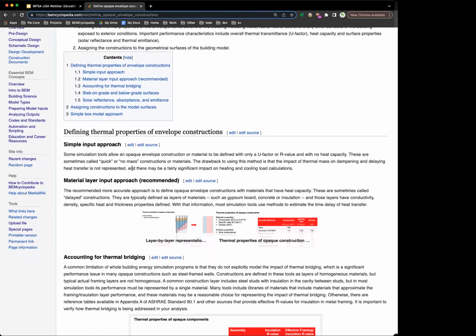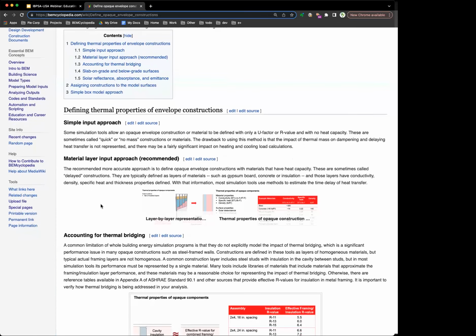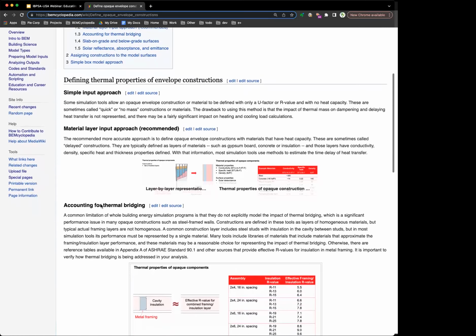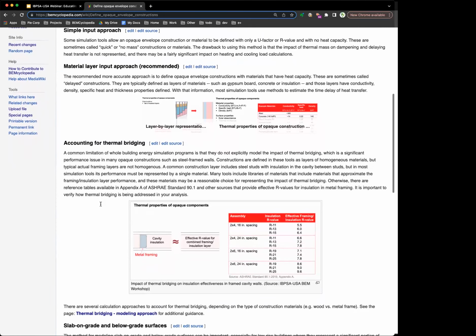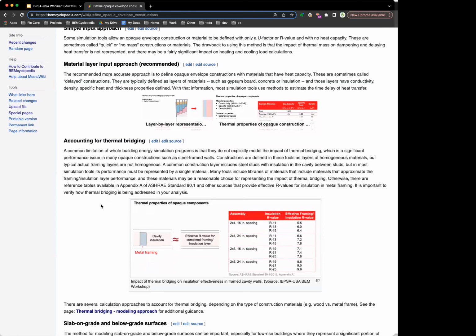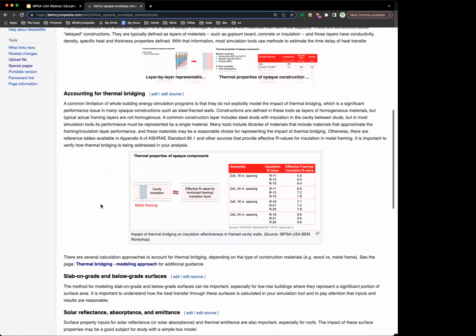So you can see there's a discussion on simple input approach, where you simply input a U factor or an R value, or a more detailed layer by layer input approach that captures things like thermal mass of different construction layers. How do we account for thermal bridging in composite constructions, like a cavity insulation type of construction? So again, quite a bit of information here, and I certainly welcome you to peruse it at your leisure.